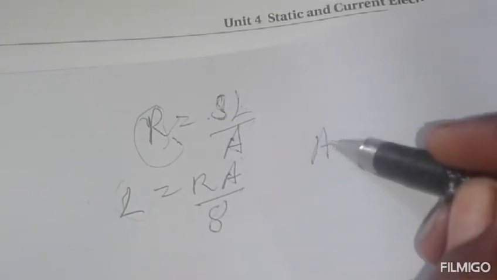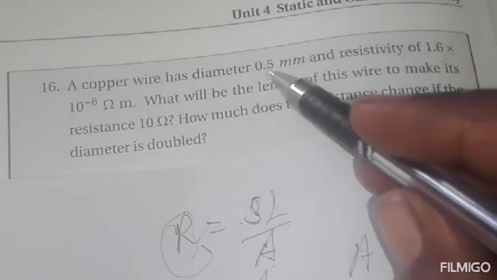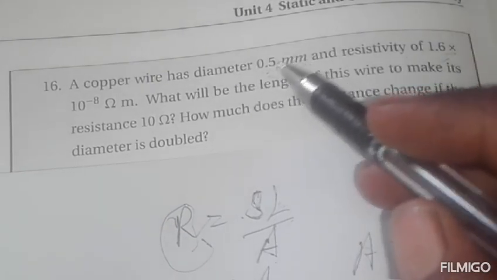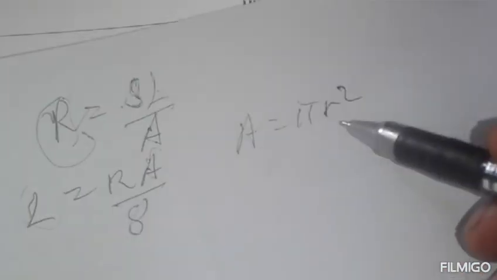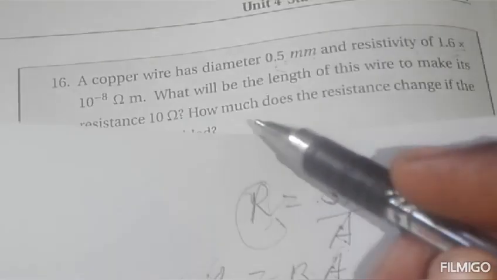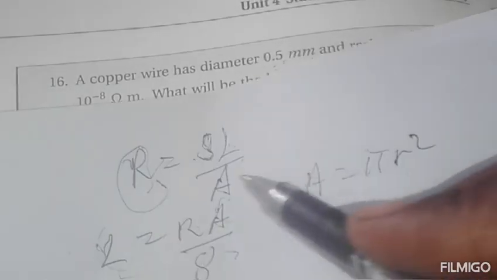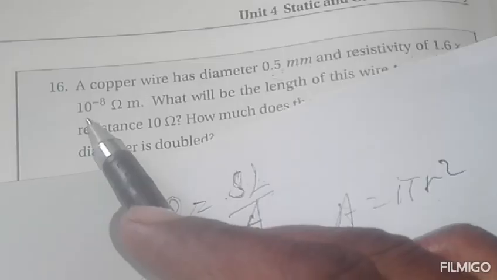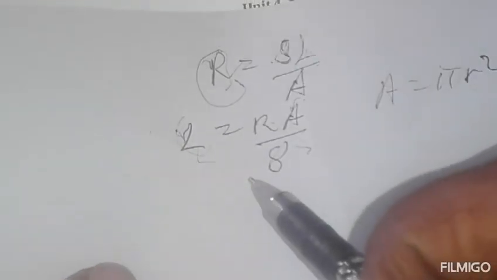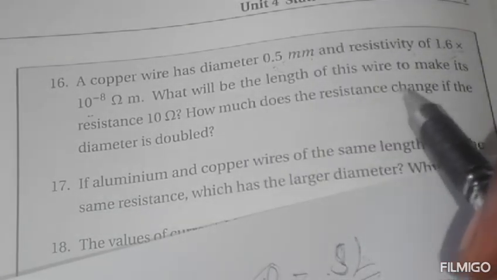What's area? Area is equal to pi r square. Since the diameter is 0.5 millimeter, the radius is 0.5 millimeter over 2. The whole square አድርገን እናገኛለን ማለት ነው። ሌንግዝን አገኘን። እዚህ ጋር መተካት ትችላላችሁ። ሬዚስታንስ 10 ohm ተሰጥቷል። ማቴሪያል resistivity ዲያሜትሩ ተሰጥቷል። ኤሪያውን ማግኘት እንችላለን።